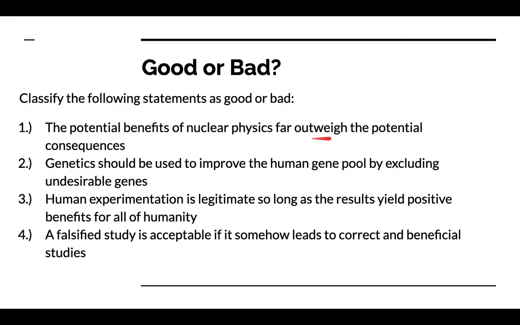But then we also have potential consequences, such as nuclear proliferation, where we can have atomic weapons that fall into the hands of people who have immoral or unethical intentions with those nuclear weapons, as was a common fear during the Cold War back in the 1940s to late 1980s.